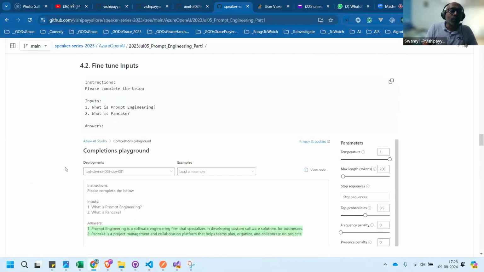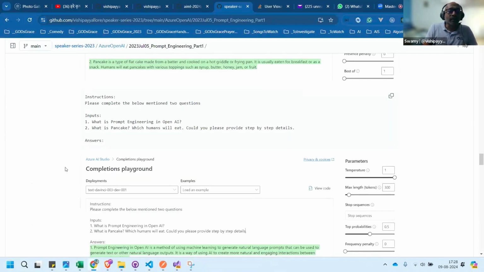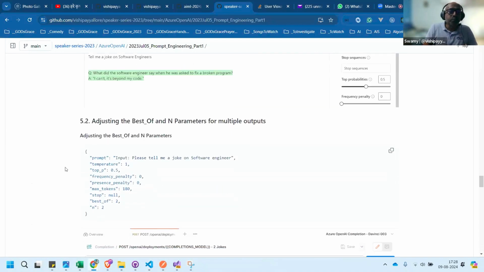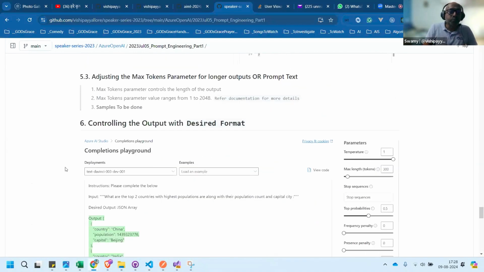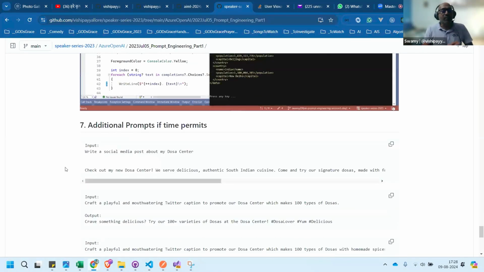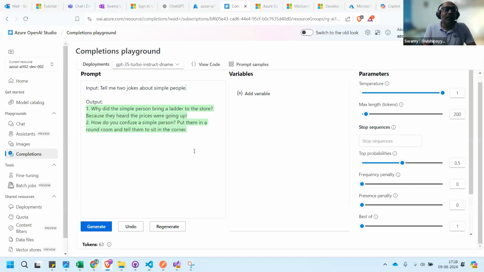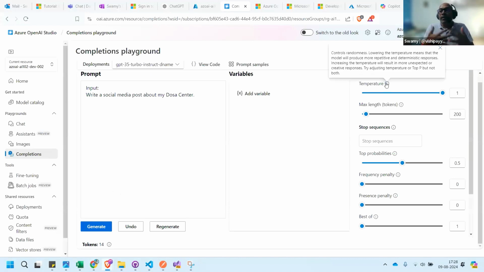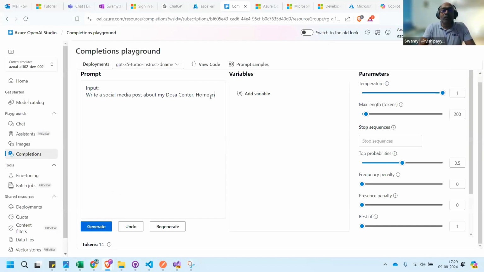Here, what I'm telling is I don't want always the same output. Here we definitely need the temperature at the top, where it can use imagination and bring in a lot of things.